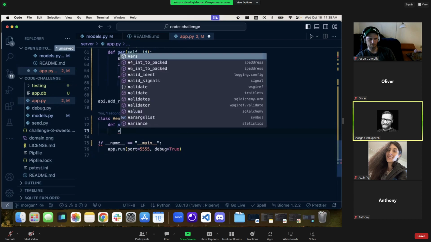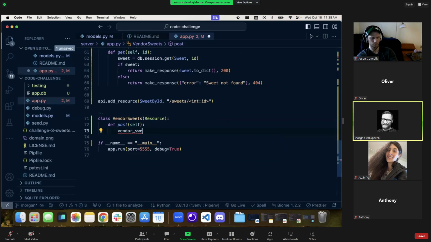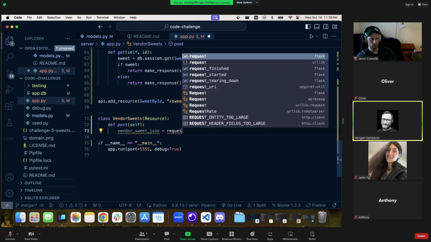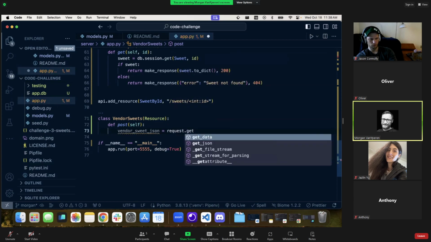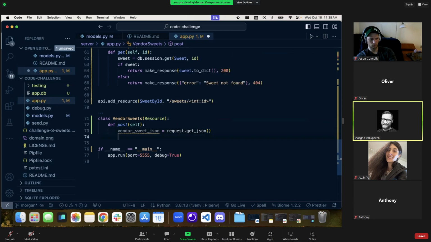So vendor suite JSON equals request.get_json. And then for key in vendor suite JSON, I'll check if